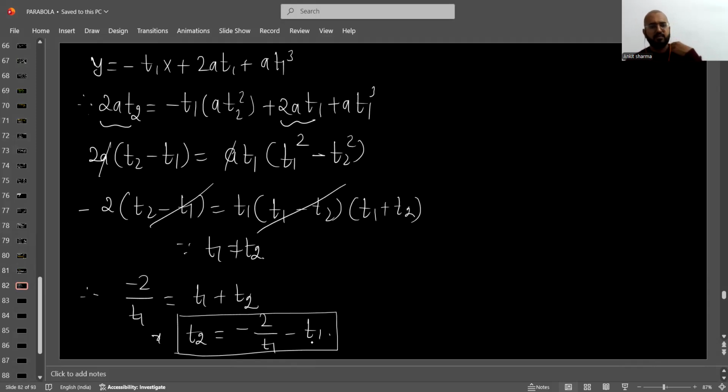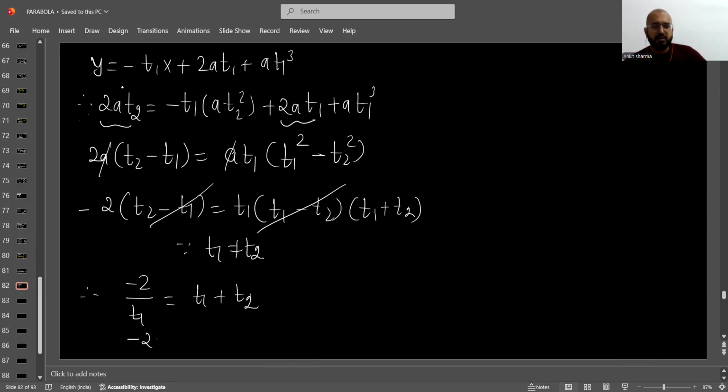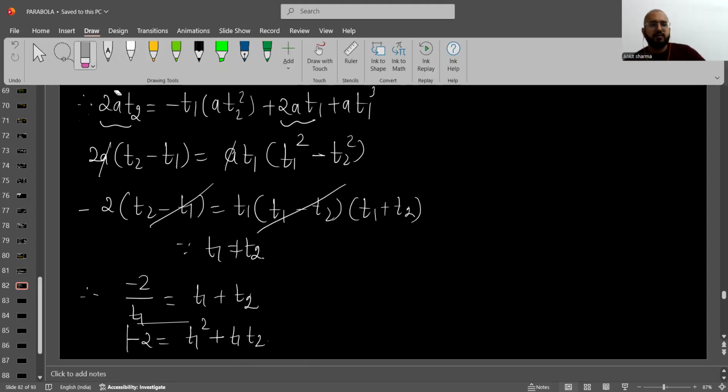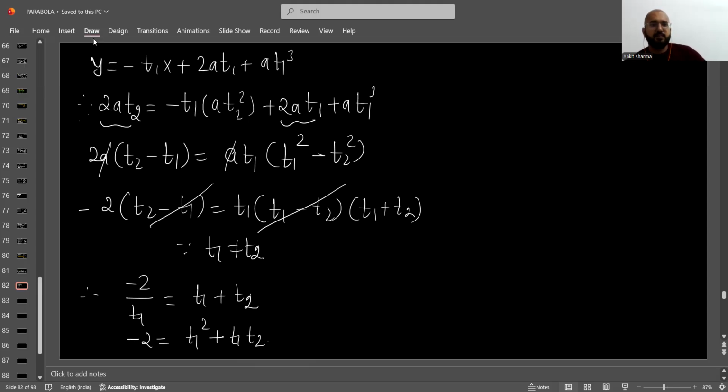In fact, this was another form of the result. Instead of proving it this way, one can simply rewrite it in this form: minus 2 is equal to t1 square plus t1 t2. This is far better. Now moving further,